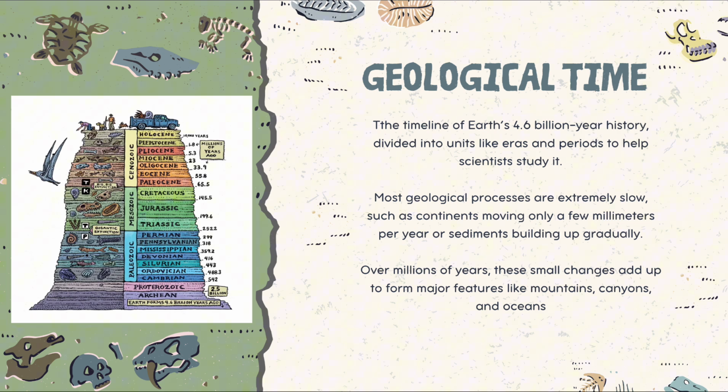A helpful way to understand geological time is to imagine Earth's history as one single year. In this example, the Earth forms on January 1st. Life appears around March. Dinosaurs don't appear until December, and they go extinct near the end of the month. Humans don't appear until just before midnight on December 31st. This comparison shows how recent humans are compared to the rest of Earth's history, and how long geological processes have been reshaping the planet before we even existed.